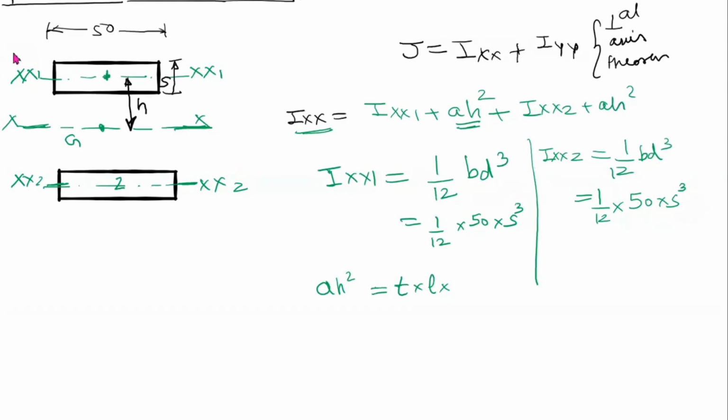Okay, sir. That's okay. That's why we are considering it as a line. What you are saying is exact. It's correct that it will be 40 minus S by 2. But then we are ignoring this distance. This S is almost negligible, and we are considering this as a line. That's why we are not considering S by 2, so we are considering it as 40. So A into H square, and H is 40 square, is equal to T, which is 0.707 into S into L, that is 50 into 40 square. So this will be